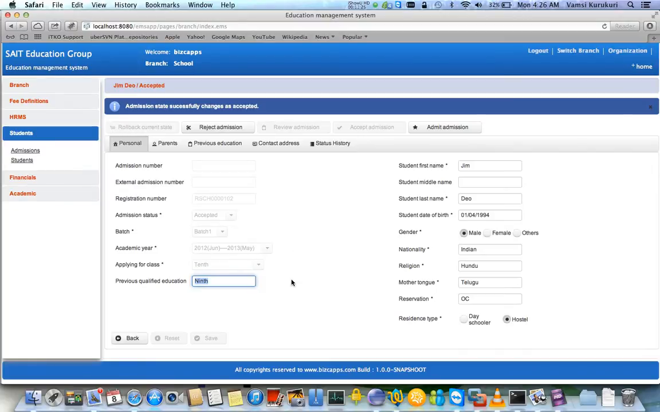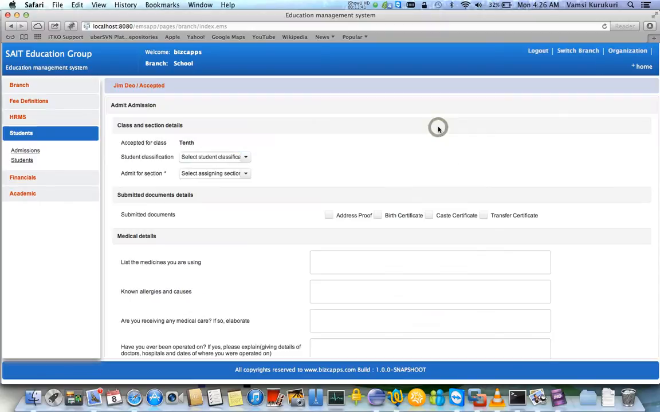It is up to the candidate to join the school or a college. So once he starts joining, we can admit that person. It's first come first serve, which most of the time Indian schools follow. So if the candidate is willing to join, you can click on admit admission and select the classification. Basically you can also classify the students. Let's say this guy is a platinum guy, and